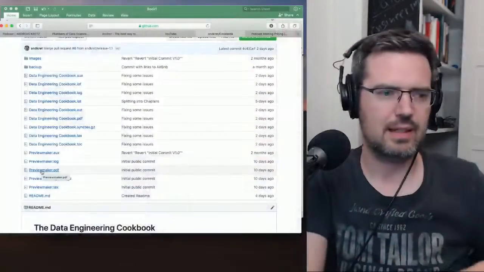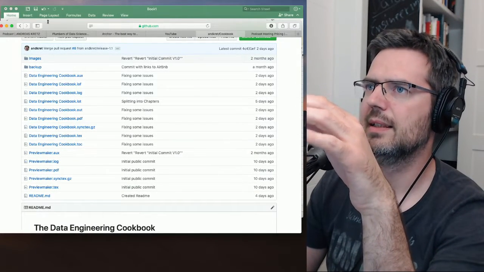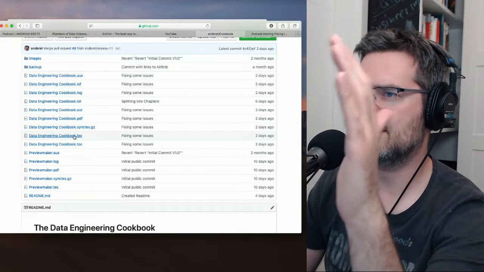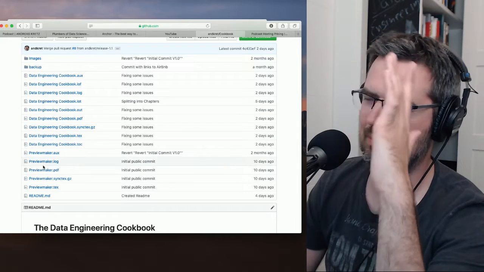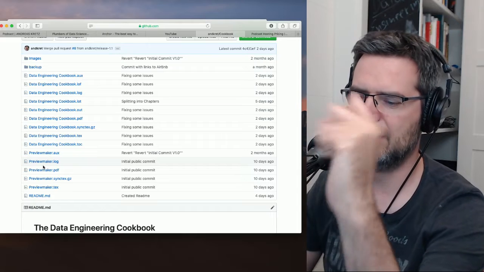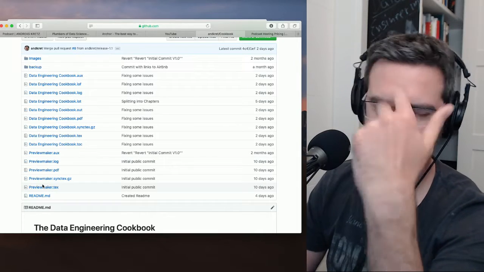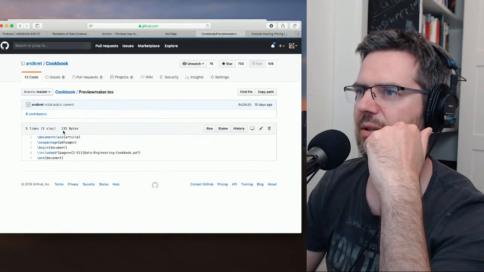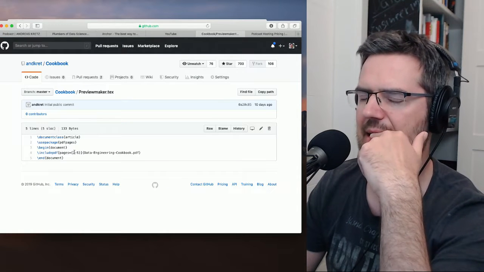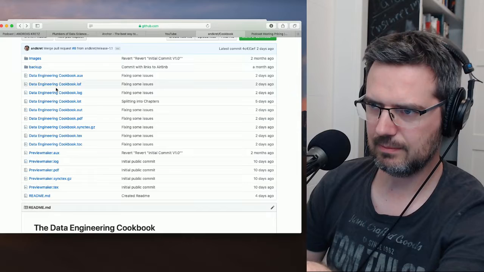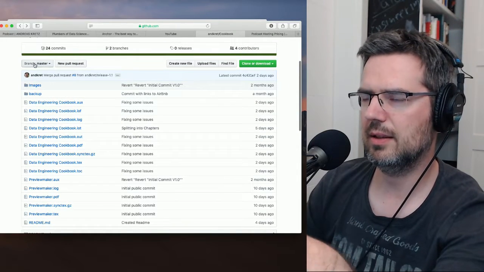So the thing is, you have the cookbook here, and it's the whole LaTeX thing, all the files. Okay, we don't see it. Sorry. You have the text file, and I have also uploaded here the preview maker, where you can select a few pages and create a PDF from them. For instance, here I have created pages 2 to 5, I think that was the table of contents. But this stuff lies on the master branch,